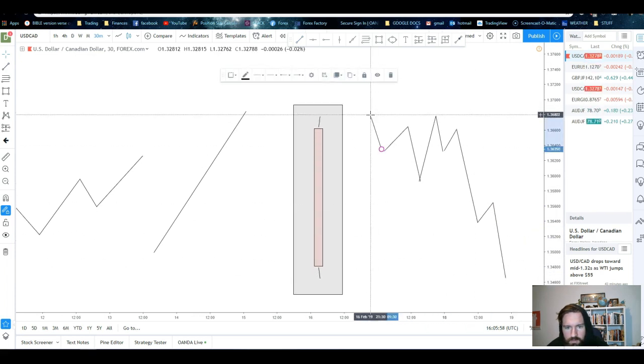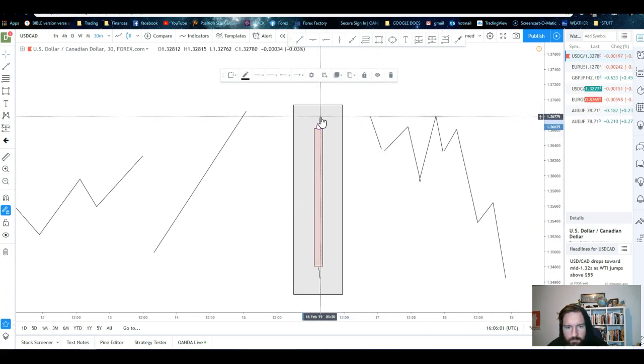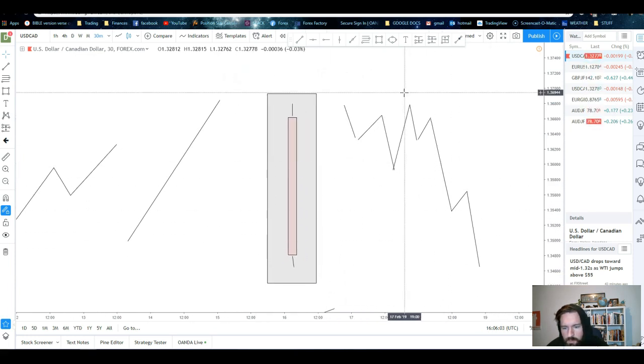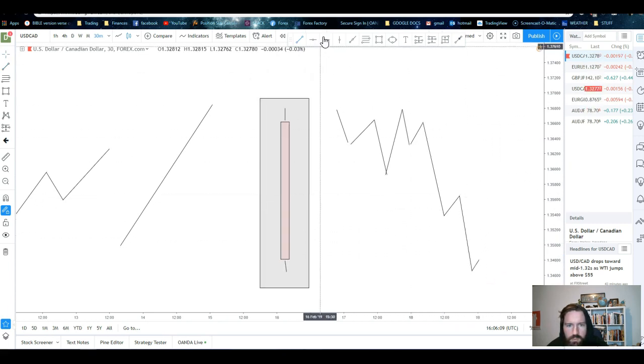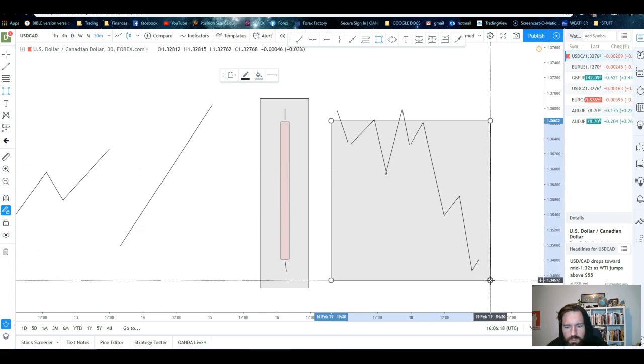Let me actually get this correct here. We may push down to the lows and then maybe close back right there. So that whole daily candle potentially looks something like